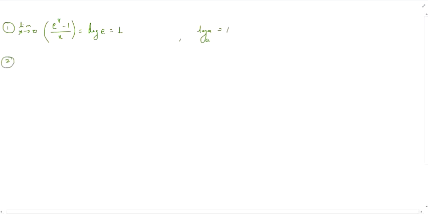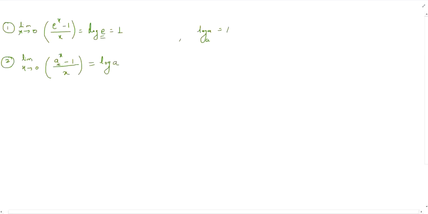Now our second result: e is a standard value, a constant. Rather than e, if we have any real number which is a constant, that is a equal to 2, 3, 4, 5, 6, 7, like this, then the result is that rather than e, we will use log of a.